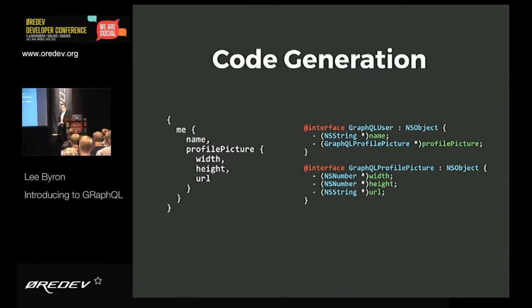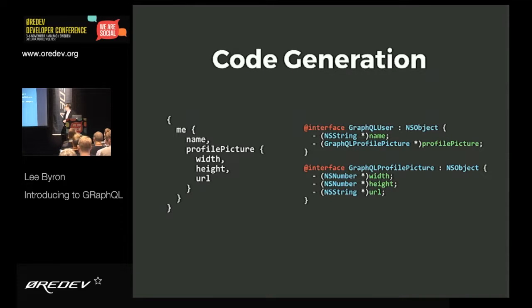We can also do code generation because we know the types within this. We can build the actual model objects that we would like to use as client developers, whether that's, in this case, just plain old NS objects. In Android, we generate plain old Java objects that have real accessors, and those accessors are correctly typed based on the ability to look at a query and look at a type system and know exactly what we're going to